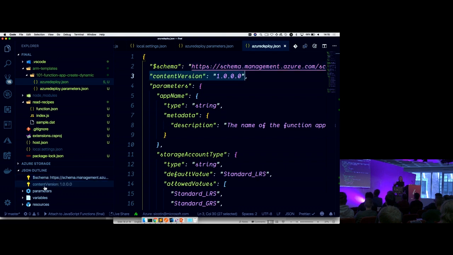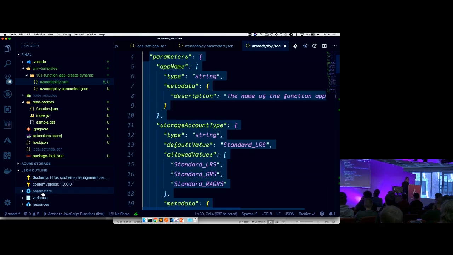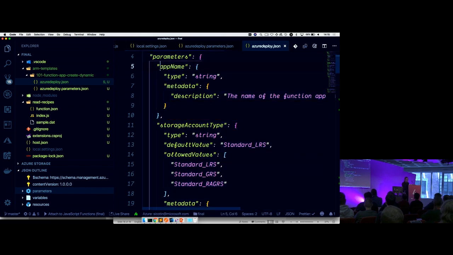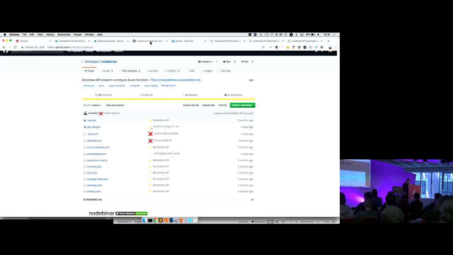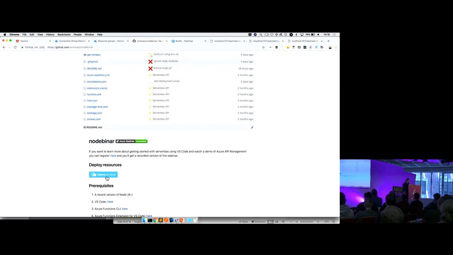The next thing is the content version. This is where we version the template. So this is our version. The list of parameters. This is what we're going to use in order to make things dynamic. So imagine here one of the parameters is the app name. And I'm actually going to show you this with something even faster. So having that Azure deploy.json file gives you this deploy to Azure button. And when I click this,